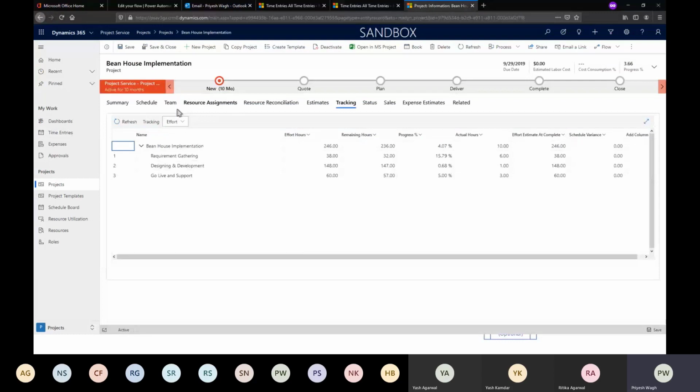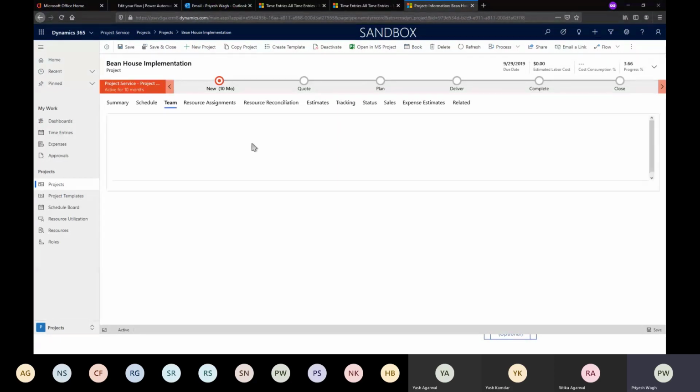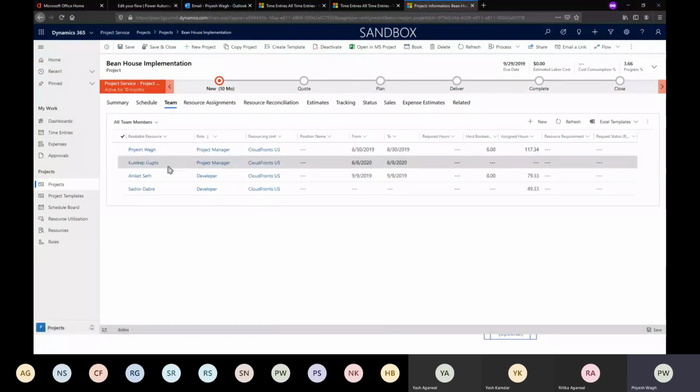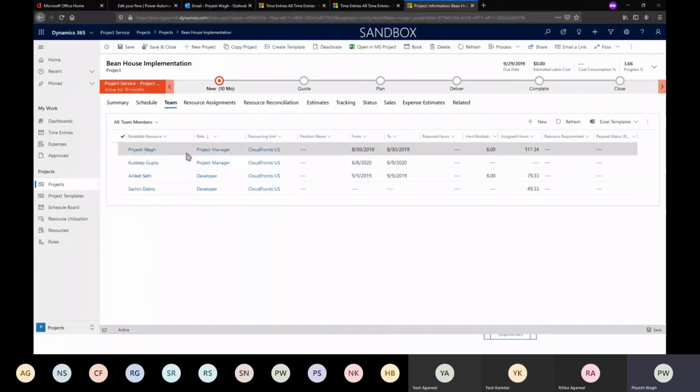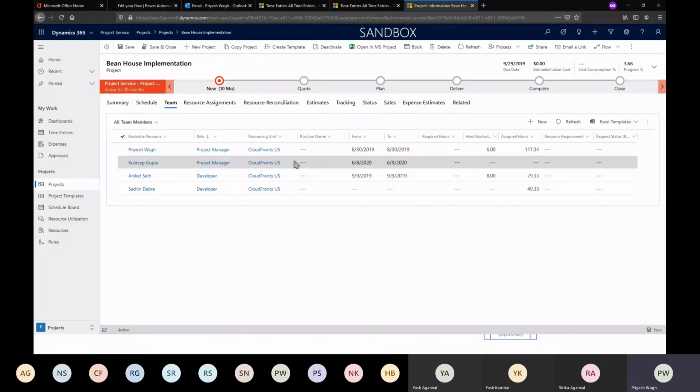So let's say this is a project record. I'm working on these tasks, which I enter in the time entries, and I submit it to the project manager. Now, if you're wondering where the project manager comes into the picture, if you look at the team, when you add certain team members to the project, you actually get to decide who should be the approver in the project. So in my case, even though I'm a project manager, I might not necessarily be a project approver.